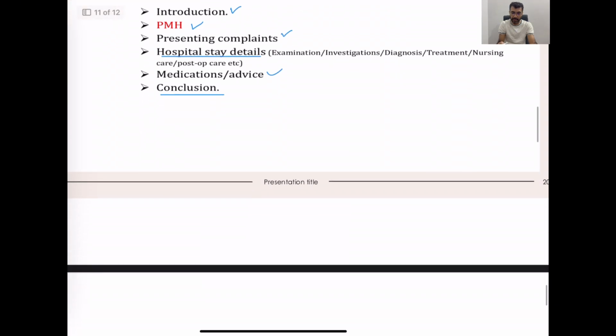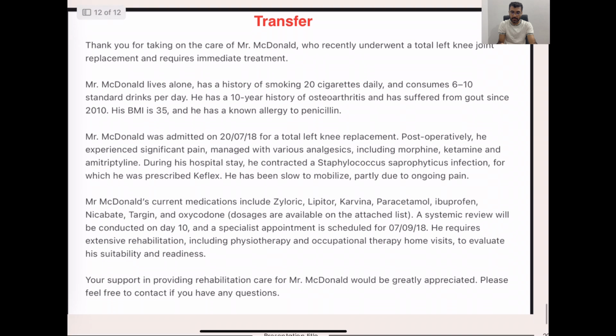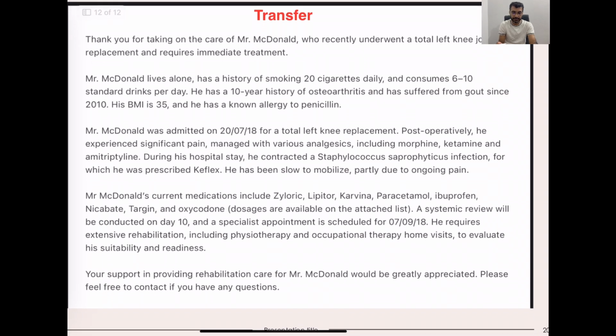Let's see a sample here. So this is a sample of a transfer letter. Let's see. Thank you for accepting. So thank you for taking care of Mr. McDonald, who recently underwent a total left knee joint replacement and requires immediate treatment. So the main purpose here is rehabilitation, which is given in the conclusion. So intro,